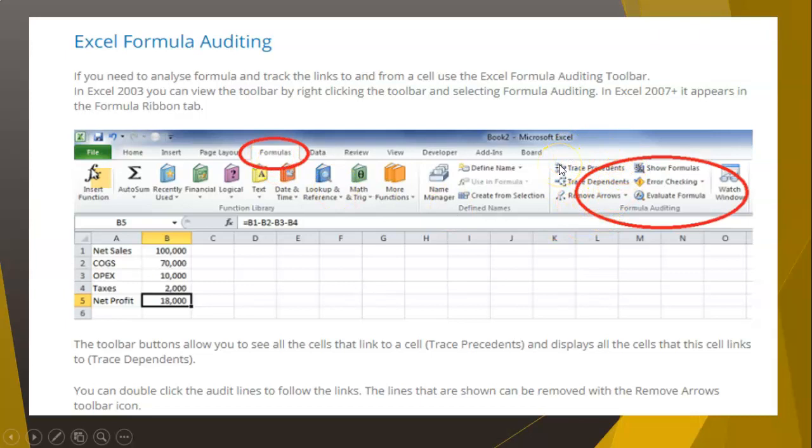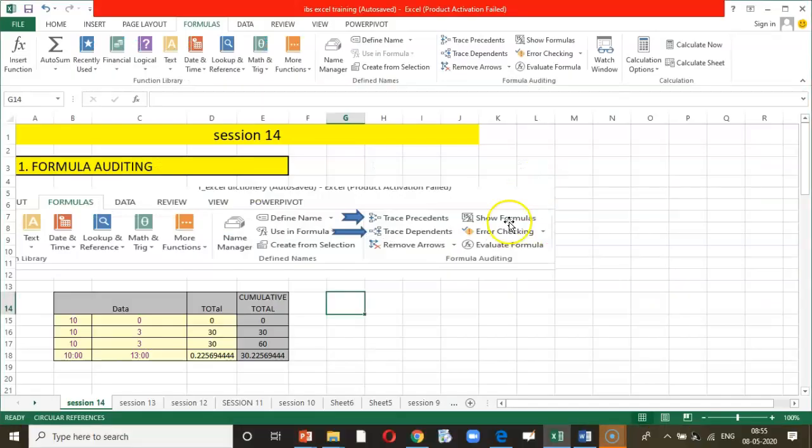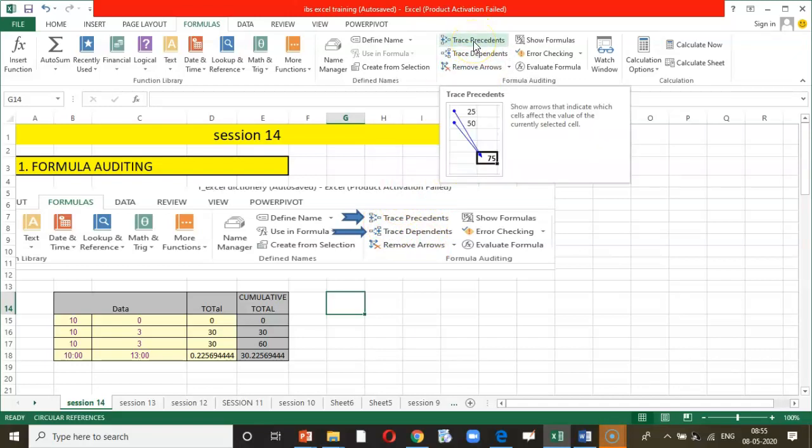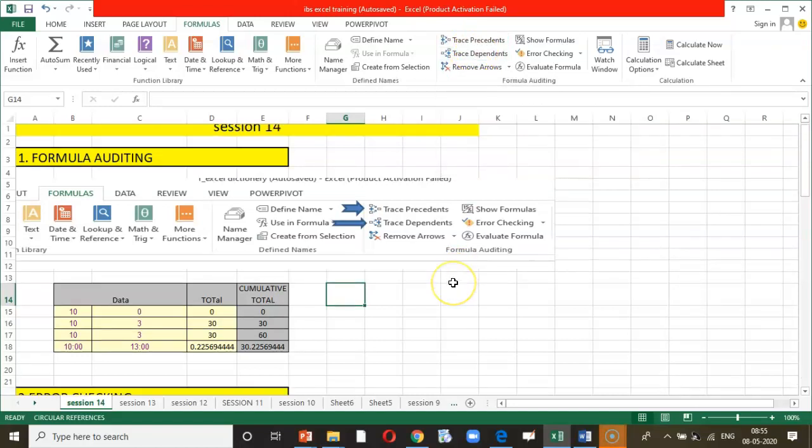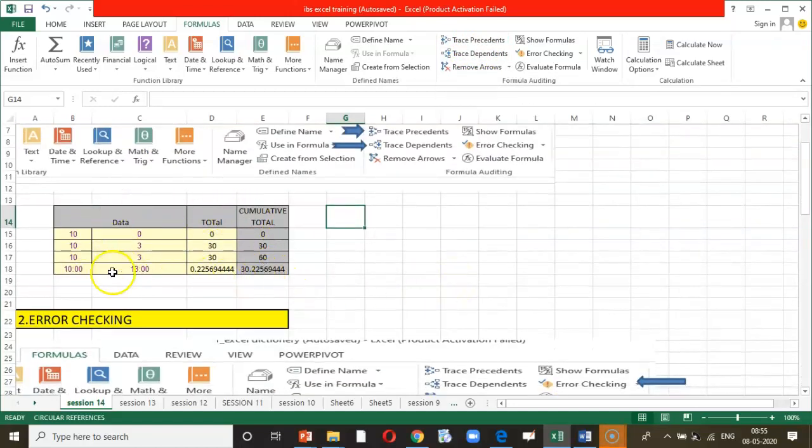Let us understand the same now with an example. So I hope you are working with me because you need to click upon the trace precedence. Here you can see for the ease of understanding I have marked in blue, as well as I am showing you on the ribbon bar. They are very much available under formula. So consider this data set. I have embedded a formula here, and I have the cumulative total.